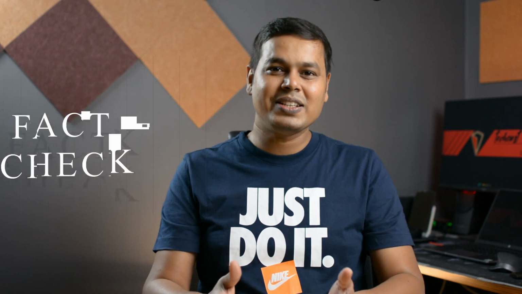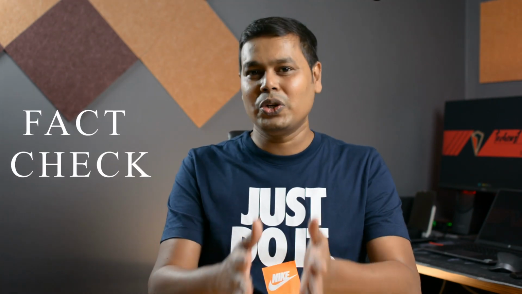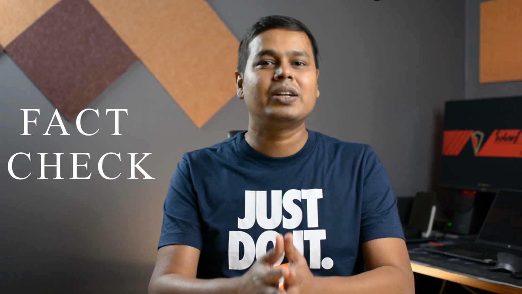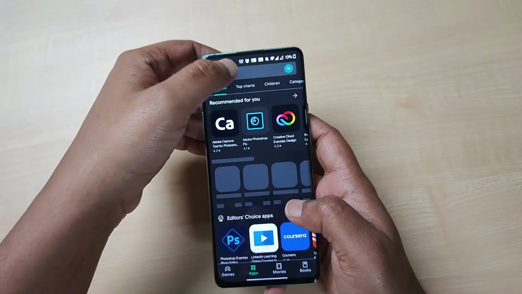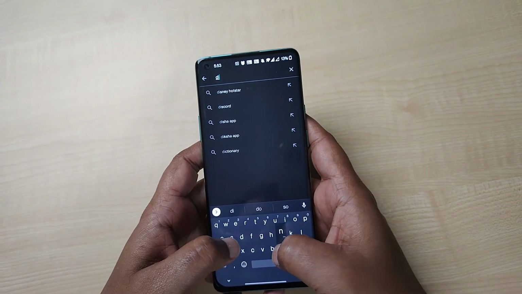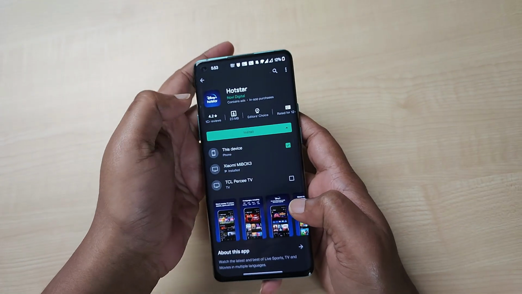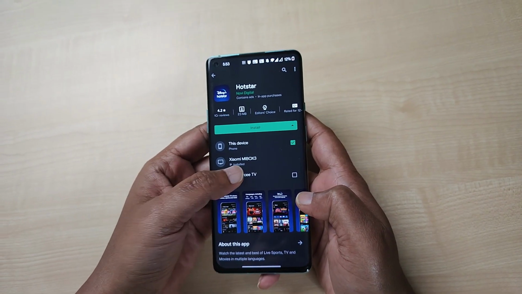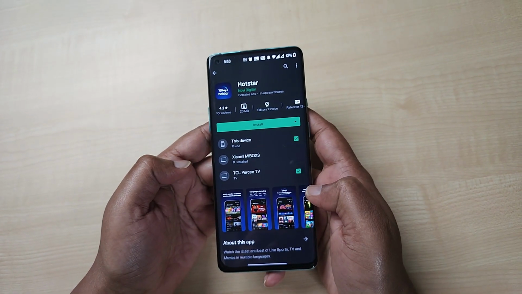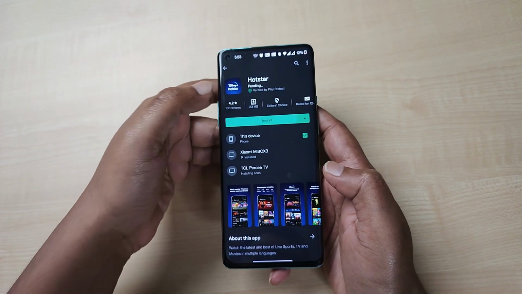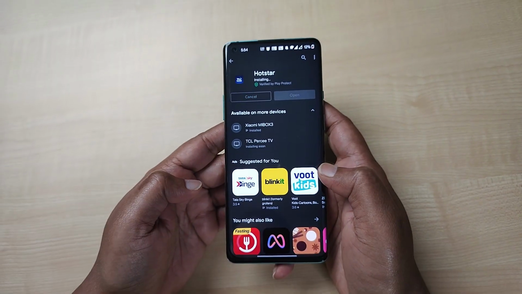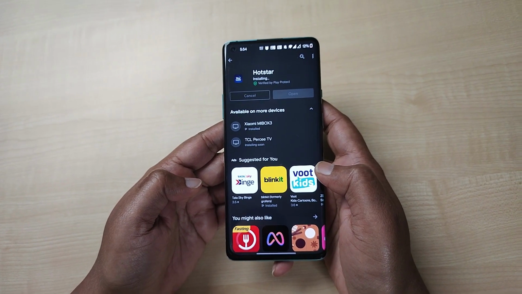Before we start our series, let's have a quick fact check. Do you know, as per the latest Play Store update, now you can install an app on your TV from your Android phone. You just have to go to the Play Store and search for an app, like here I am searching for Disney Plus. Now you will find a drop down option in the Install tab. Click on the arrow, you will find the details of all the devices where it is installed and also where you can install it. Now you just need to select your TV name and install. That's all. It will get installed on your TV. A useful option if you want to avoid too much typing on your TV.